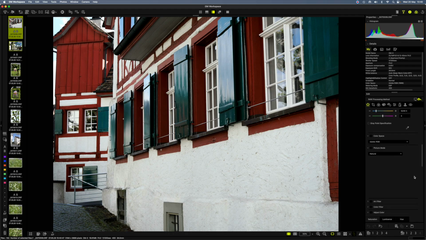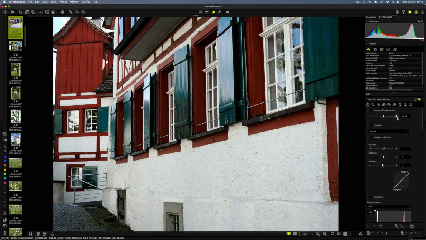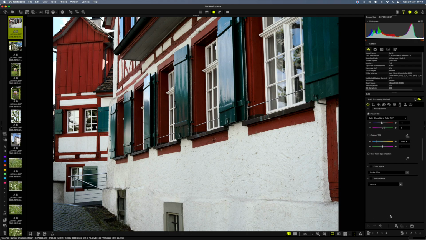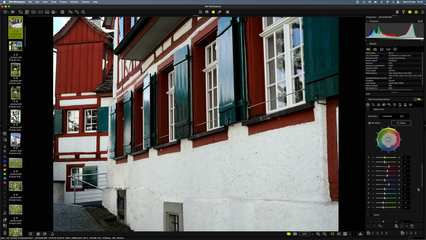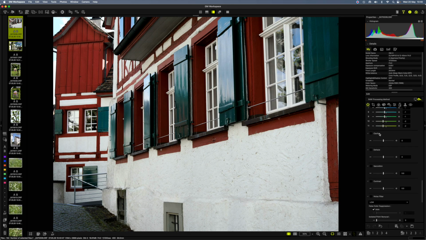And then, so I'm organizing again. I'm looking at exposure, the field. I'm looking at tonal adjustments right down to here. Then I get to color. I get to the color space, the picture mode. And here you have art filters, color filters, adjust color. Here you can see the profile that I used in the OM3. And then you have basic editing settings here, like saturation, contrast, clarity. You don't have clarity and dehaze in the camera, but you have them available in Workspace.